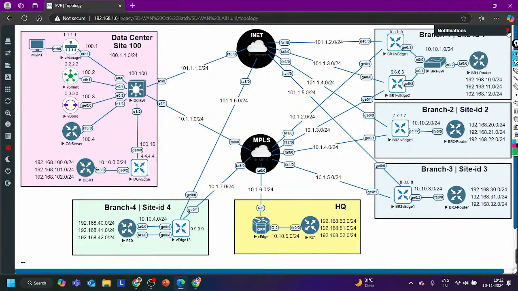You need to manipulate policy. According to our requirement, we have to play with policy, right? So by default, all sites are communicating directly with each other. Like if I talk about site 1 and site 2, they are going to communicate directly,